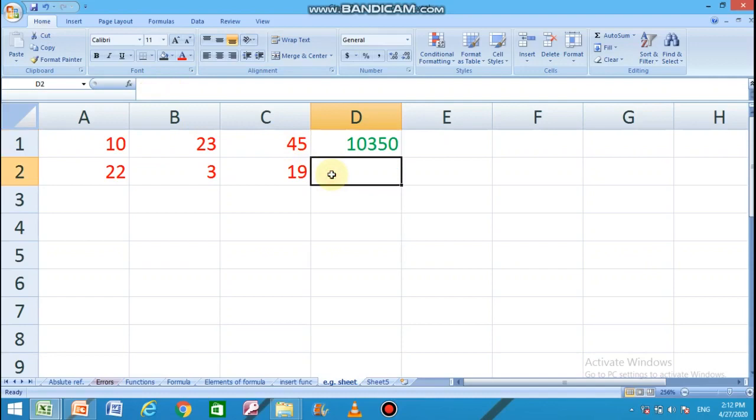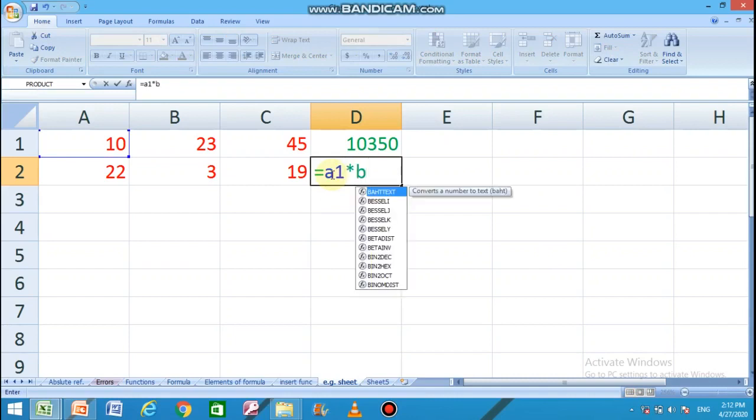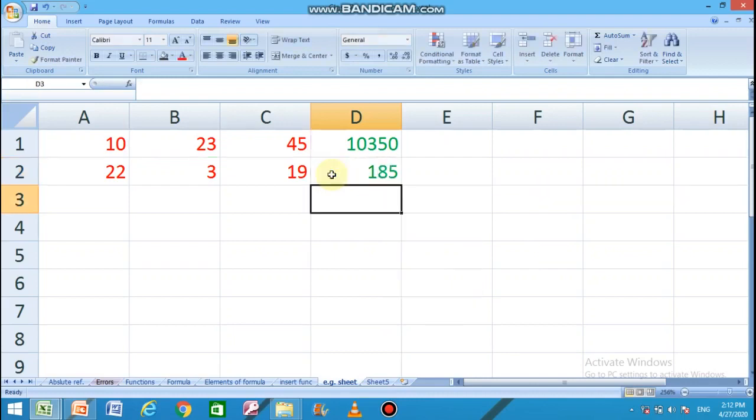Let's use a compound formula. Now this formula is a compound formula because it is carrying more than one operator, multiplication and subtraction. So now you understood what is a formula, what is a compound formula, what is a basic formula.